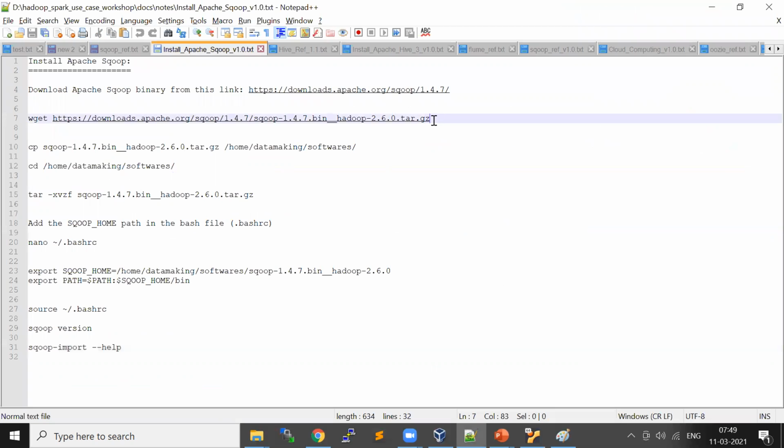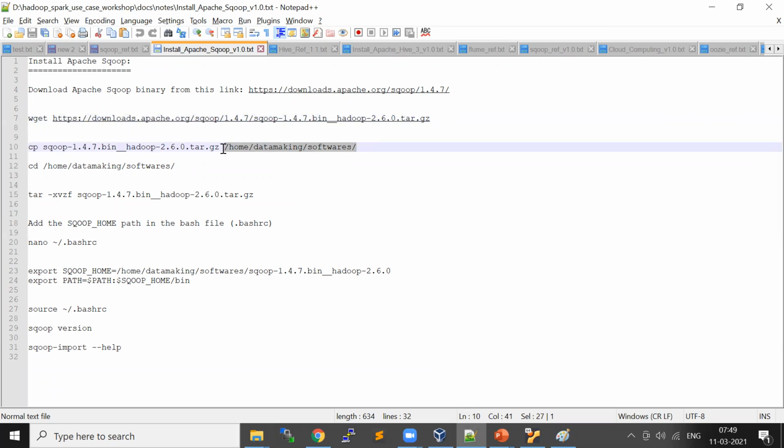You can either download it locally and copy it to your VM, or use the wget command. Once you download it, save it to the place where you want to keep it.